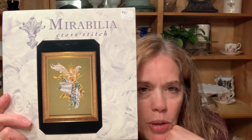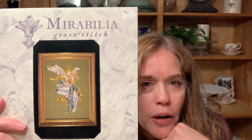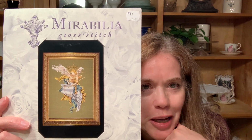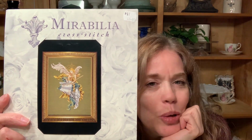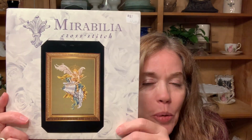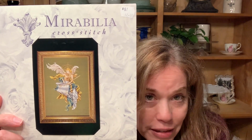And as I was perusing the basket of Mirabilias, I stumbled across this one. Now, to my knowledge, I have not seen, other than Santa's, any males that Nora has done. And I'm dying for a merman or for a fancy man to go with the fancy ladies. So dying for her to design one of those. So when I came across Archangel, I was like, oh, well, yes, gonna need to get him. And I have loved each and every stitch on this guy,